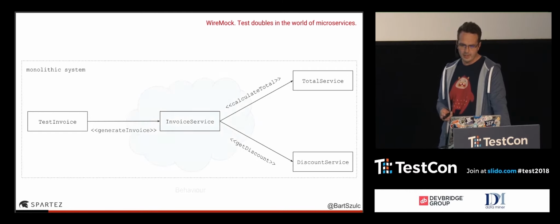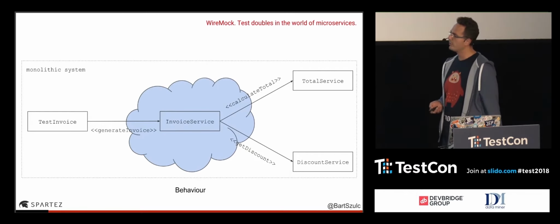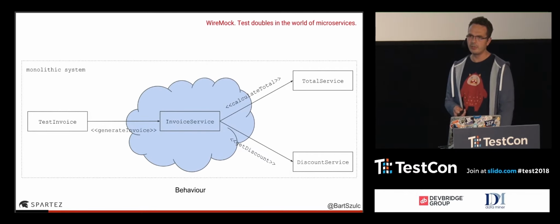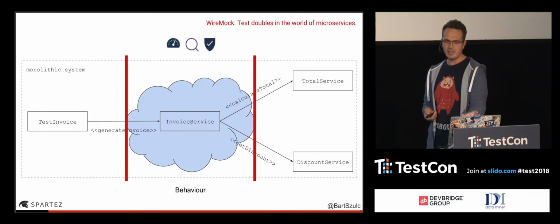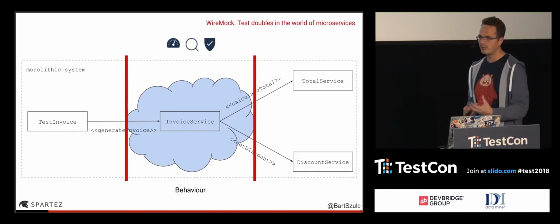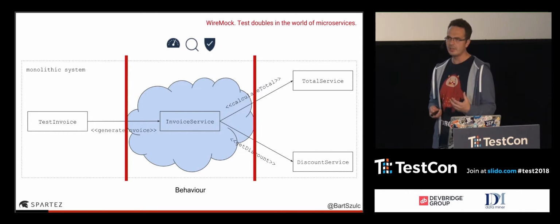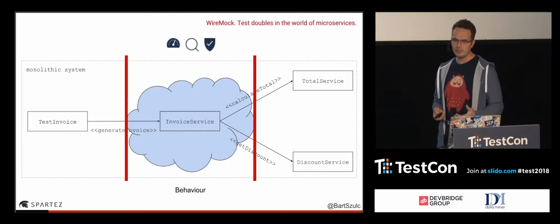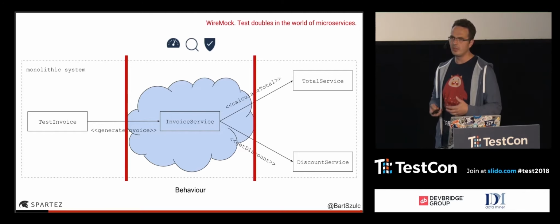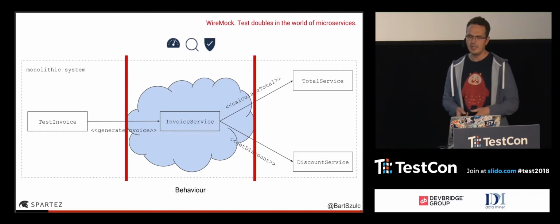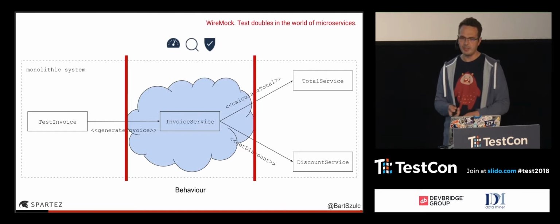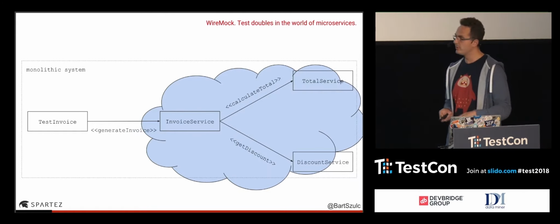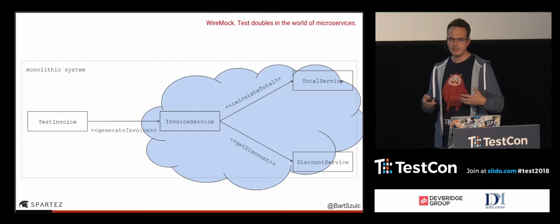by those methods. So when it comes to testing, and let's say that we want to test that the invoice is properly generated by the invoice service, what we usually want to do is limit our testing to a particular component, right? A particular unit of code. We are only interested in confirming that this unit works and don't really want to test other units that the unit depends on. And this is because we care about speed, we care about accuracy, and we care about reliability of tests. So we don't want to run into this situation, right? When we are testing the invoice service, and together with the invoice service, we are also testing all the dependent